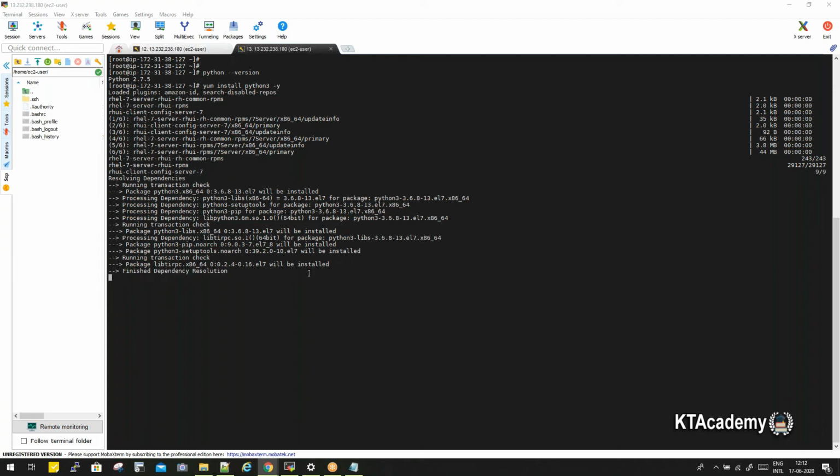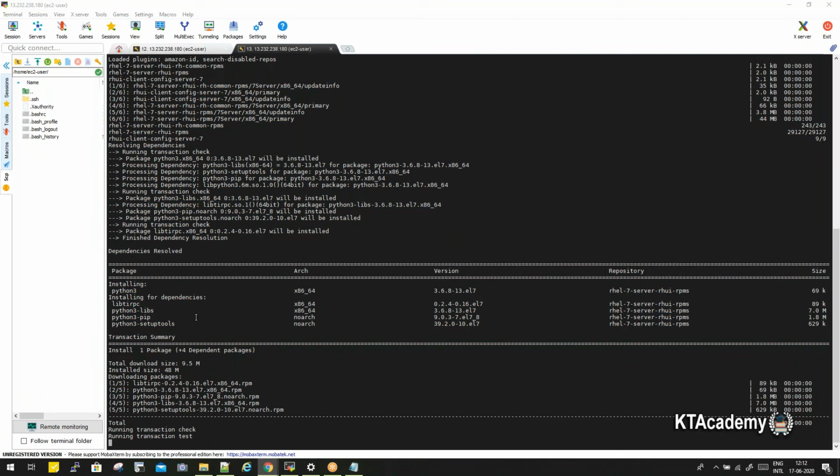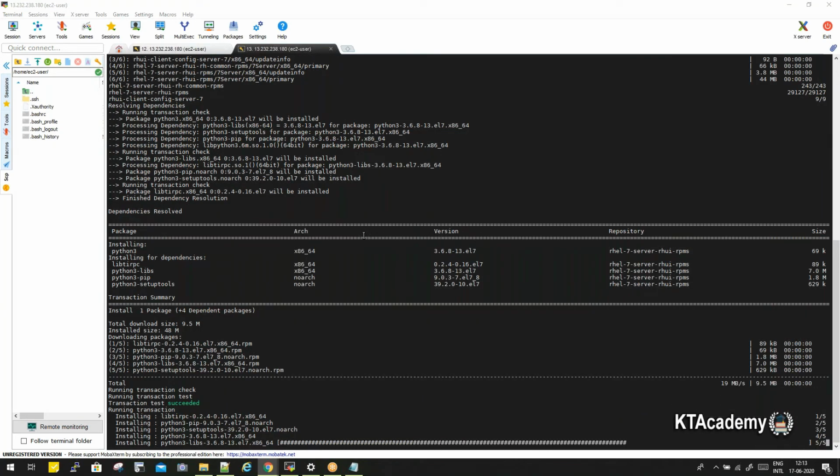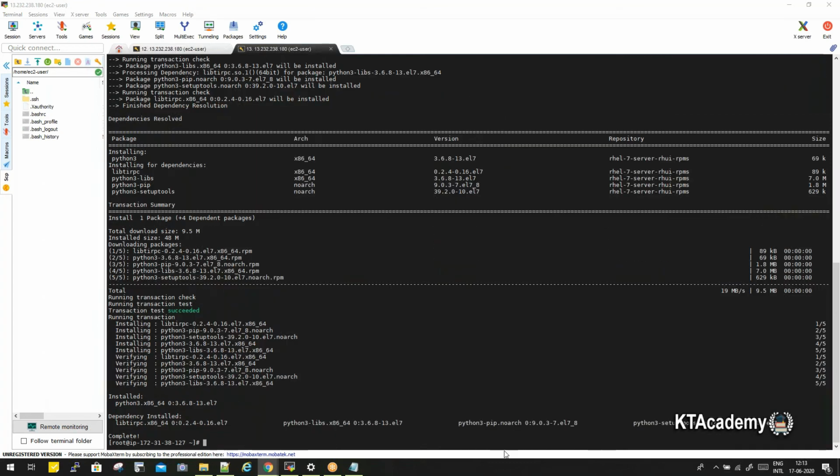So here it's starting installing Python. It installed Python 3 along with the pip packages. It has successfully done all the dependencies.